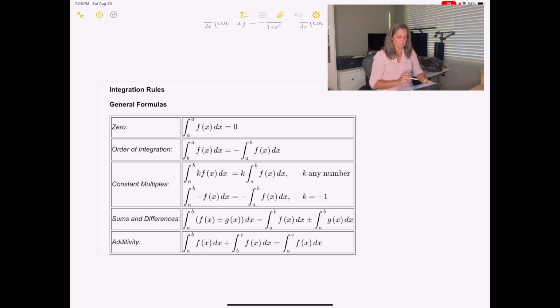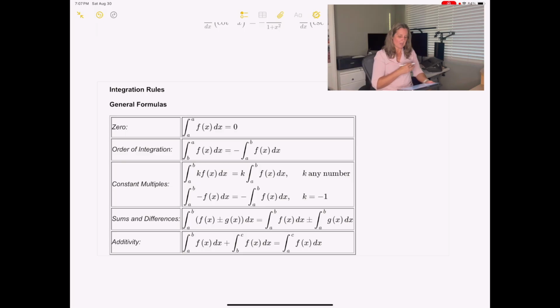Sum and difference rule: the integral of a sum or a difference is sometimes easily handled by integrating each function separately and then adding or subtracting the results. One of the important things to remember is that there is no product or quotient rule, so the integral of the product of two functions is not equal to the product of integrals, and same for the quotient, it just does not work. But there is an additivity rule, so if you have a definite integral from a to b and the integral of the same function from b to c,